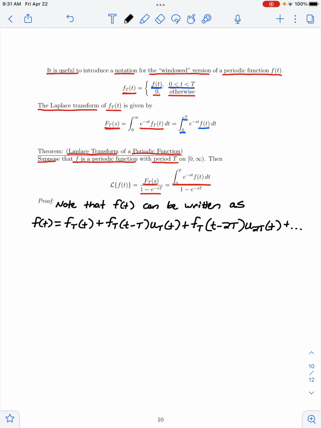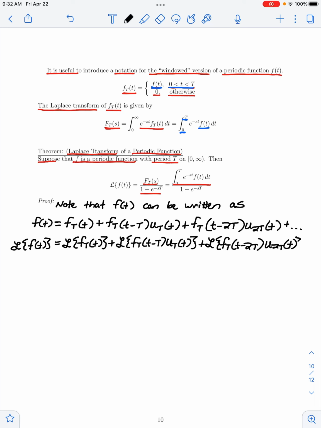And so by the linearity of the Laplace transform, if I want the Laplace transform of f of t, I would take the Laplace transform of the windowed version plus the Laplace transform of the windowed version times the step function, plus the Laplace transform of the windowed version times u of 2T, and so on. And so let's take a look at what we have here. The Laplace transform of f of t would be given by the Laplace transform of the windowed version, f sub capital T of t,